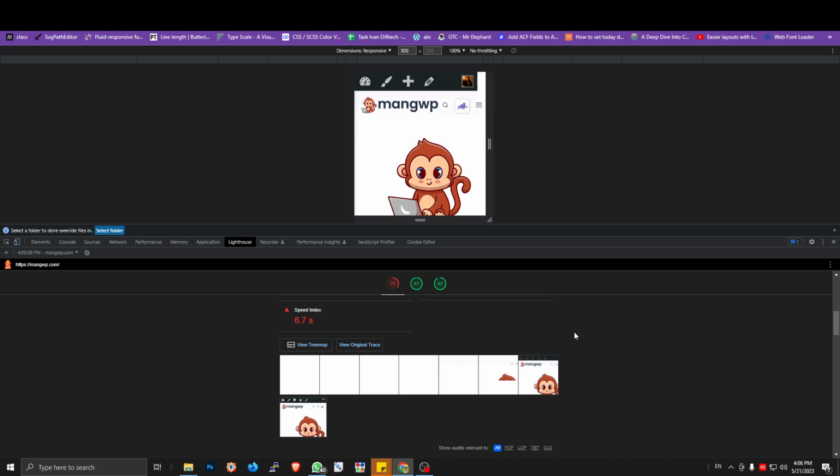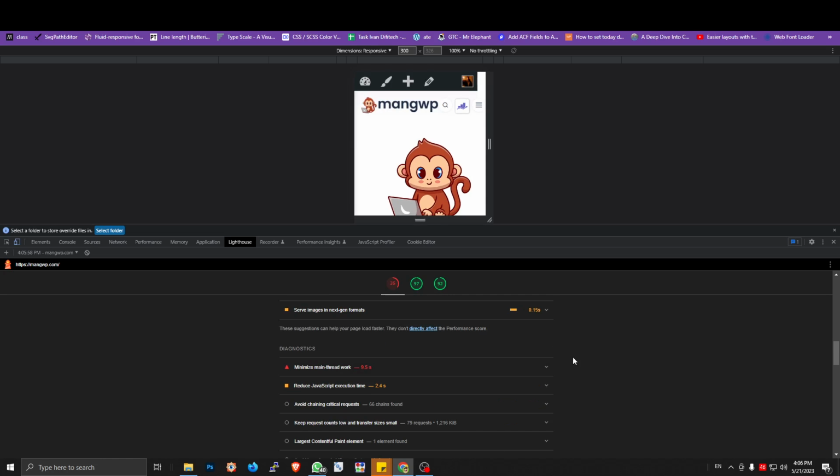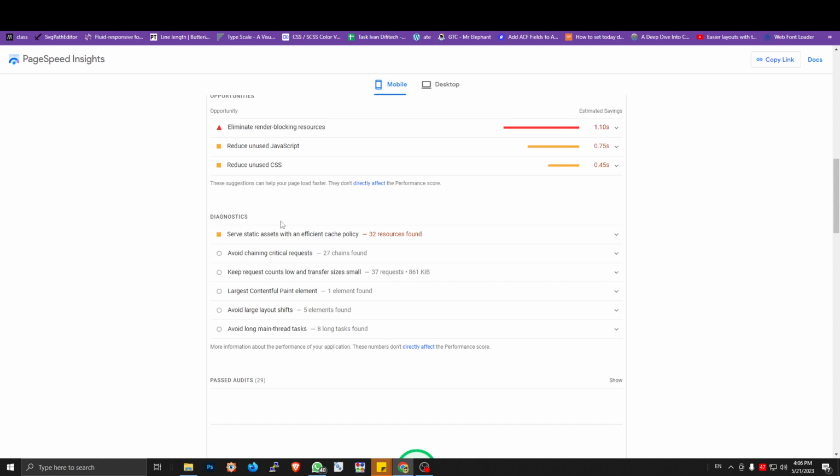Okay, so here, no issue. Now the issue is gone. The issue about the browser cache duration is gone on Lighthouse, and I think on PageSpeed too it will be gone on the diagnostics menu.